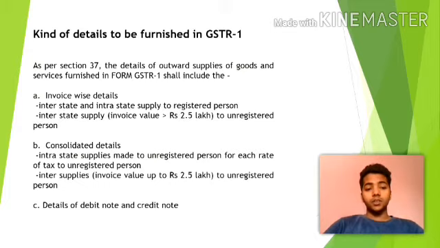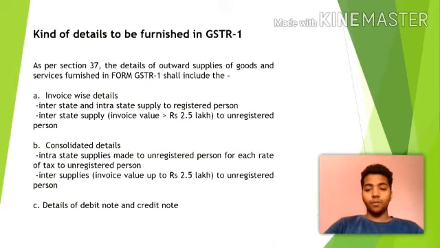And under the consolidated details, we need to mention whether the supply is intrastate supply made to unregistered person for each rate of taxes, and whether the supply is intrastate where invoice value is up to 2 lakh, not greater than 2 lakh, to unregistered persons. And the third one is the details of debit and credit note, if issued to any recipients of goods and